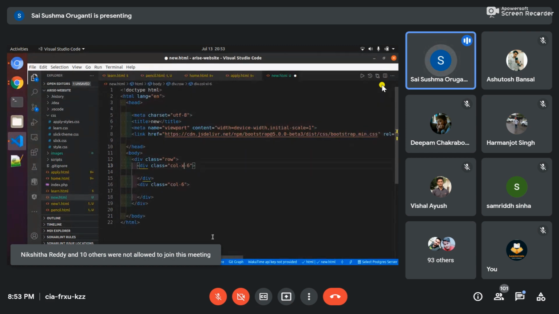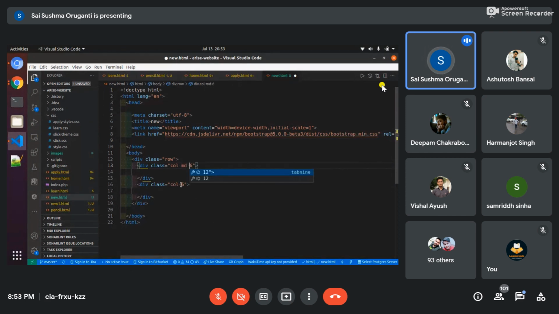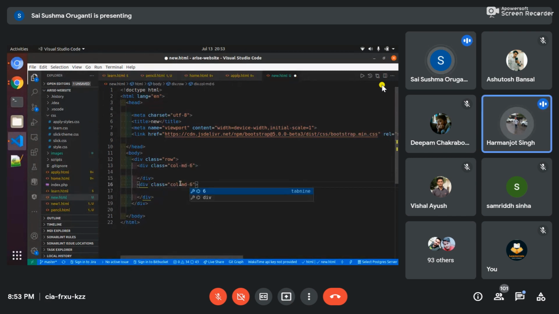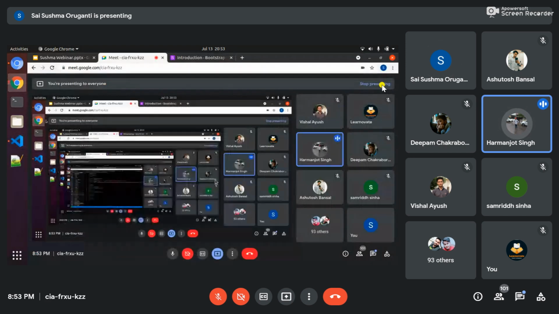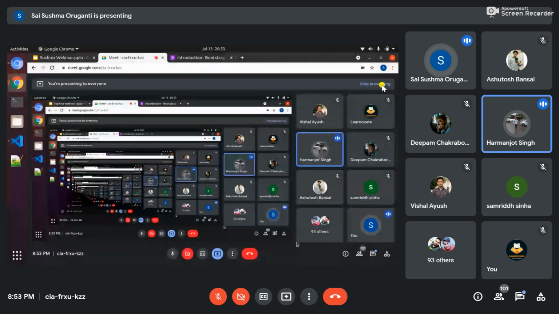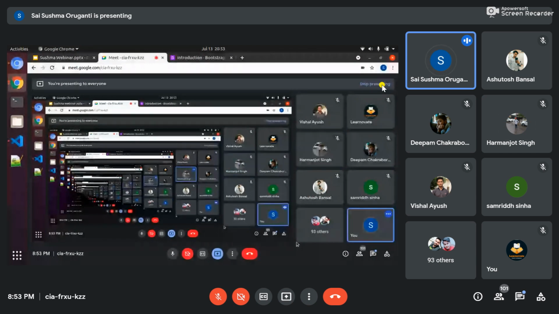Whatever screen you want to display the website on, you can write over here. For now I will write medium screen. For medium screen, I will write and show you. If we want it to be ordered for all the screens, like in small screen it should look small, and in large screen it should look accordingly, what should we do for that? Basically, web developers use col-md, medium, so it automatically displays in all the screens. Like you can use medium by default.